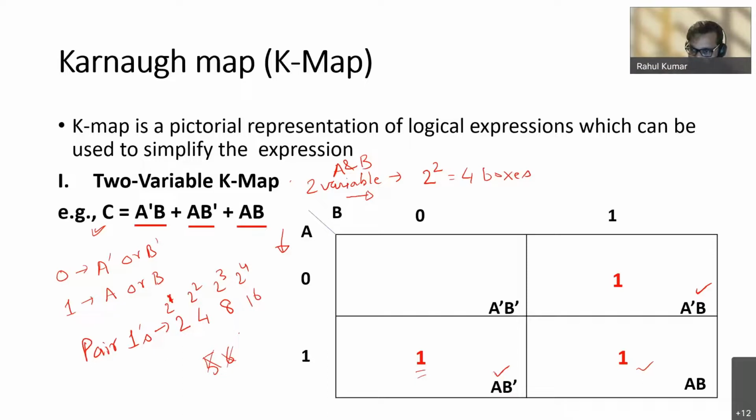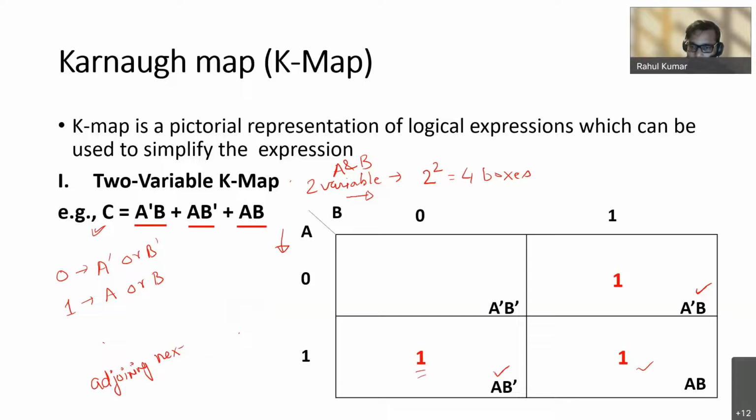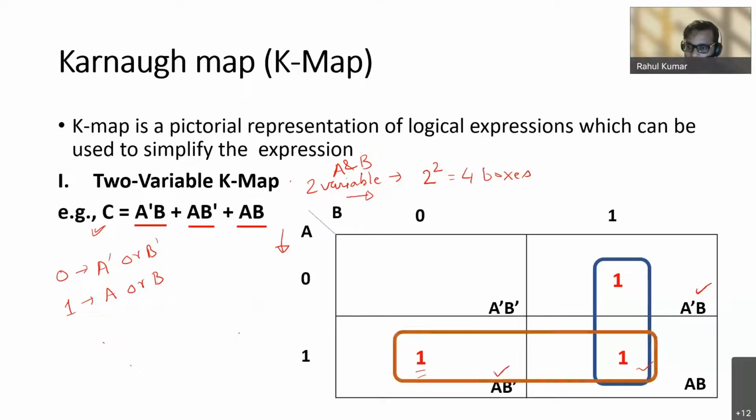So in this example, I could pair maybe 2 ones. So pair adjoining ones. Adjoining means next to each other. Okay, so here we could have 2 pairs, right? So I'll have to erase this, then only I'll be able to show you. So one of the pairs is this, right, adjoining ones, and the next pair is this one,